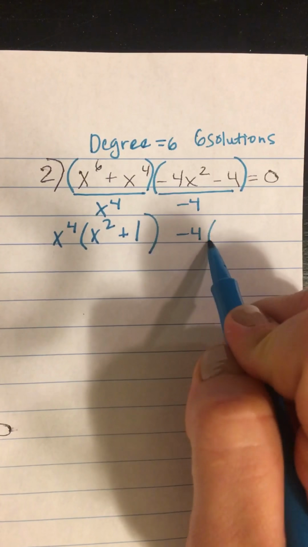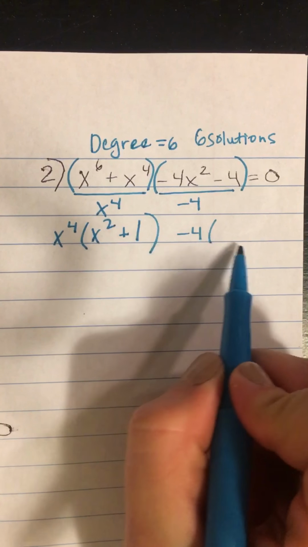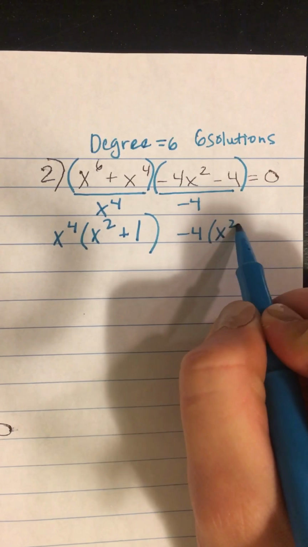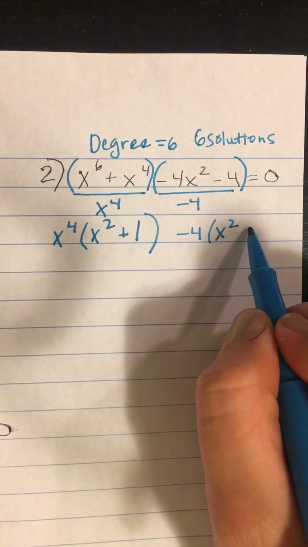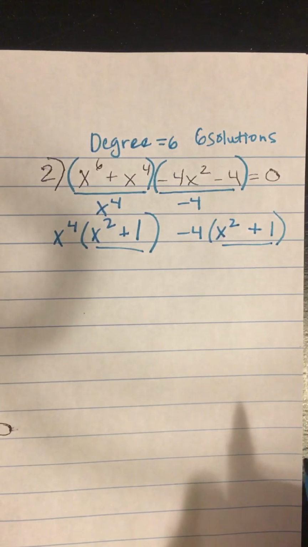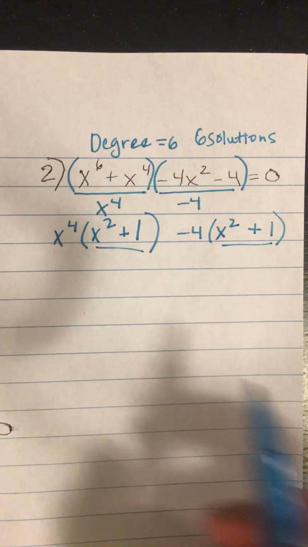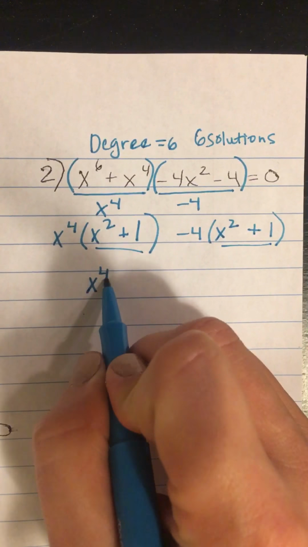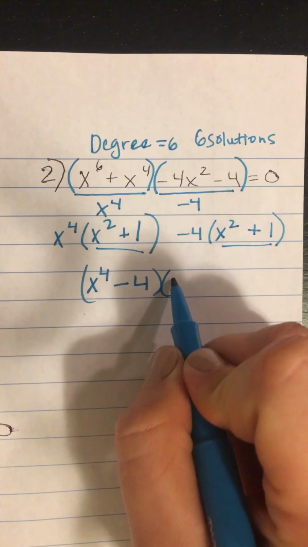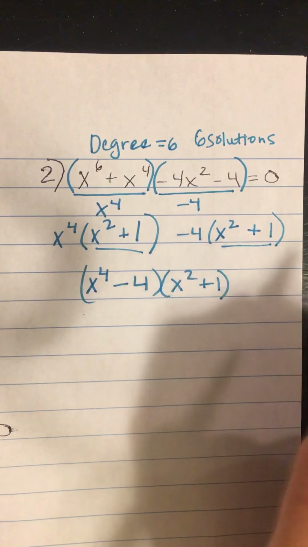So if I take out a -4, I'm hoping that I get x squared plus 1 on the inside, which I do, because -4 over 4 is now just x squared. -4 over -4 is +1. And now I see that my 2 parenthesis sets match. So I have x to the fourth minus 4 as the outsides times x squared plus 1